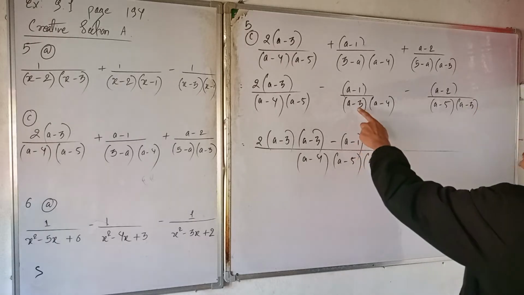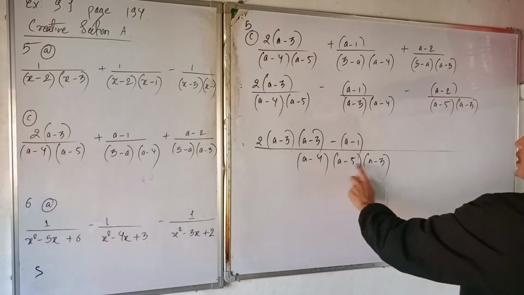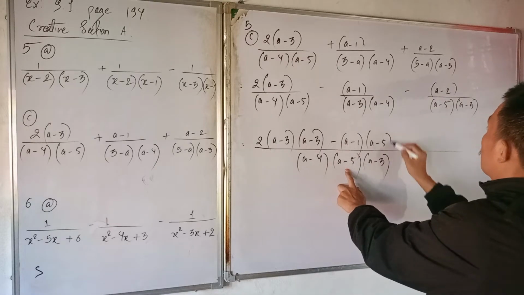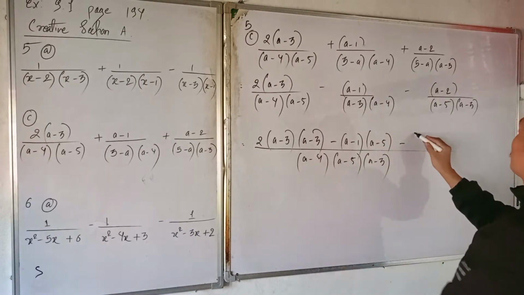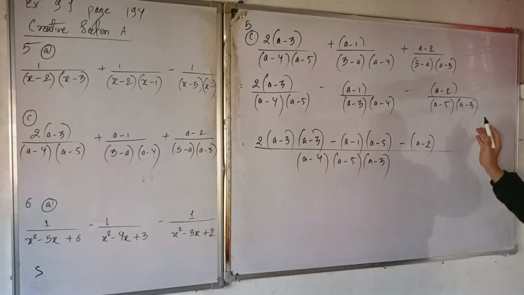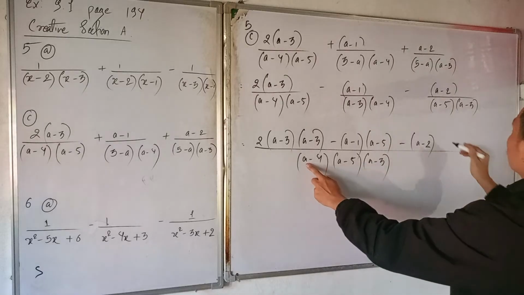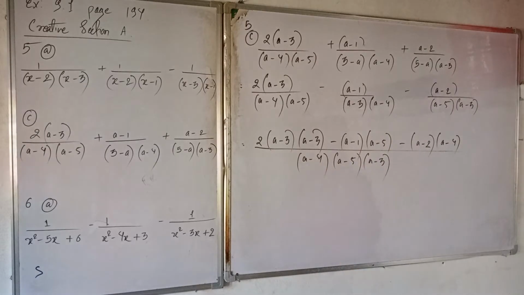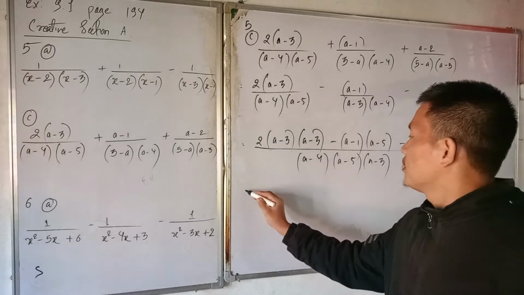And whatever is missing: a minus 3, a minus 4, a minus 5 is missing here. So write this minus sign and a minus 2, this numerator thing, and a minus 5. A minus 3 is there. What is not there? A minus 4 is not there. Whatever is missing, you just write there. Okay. So after this,